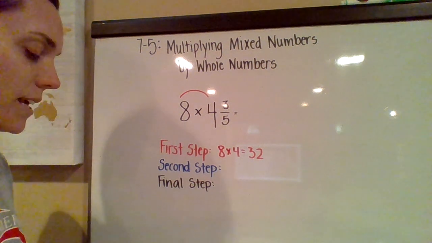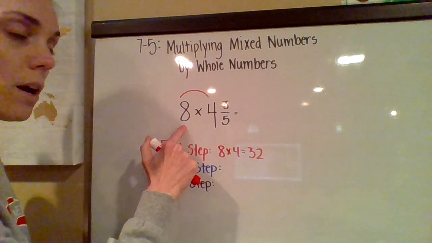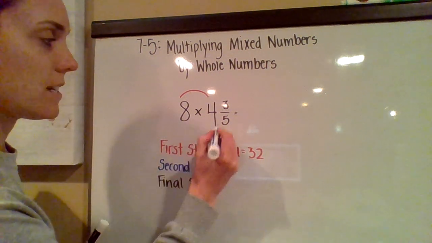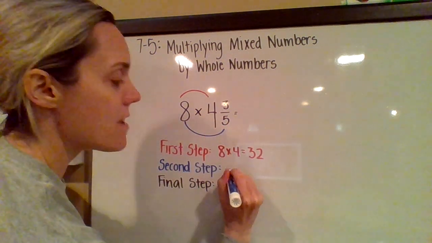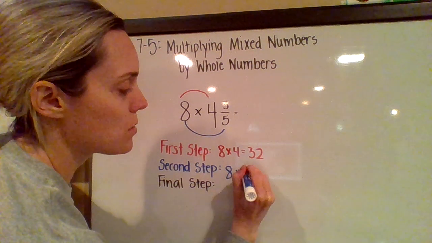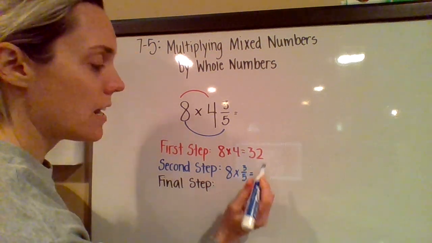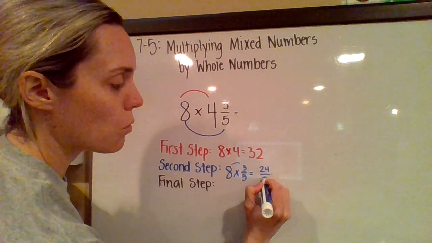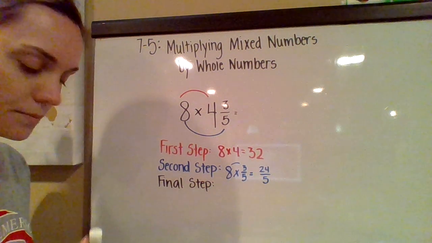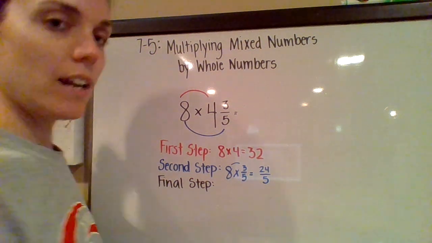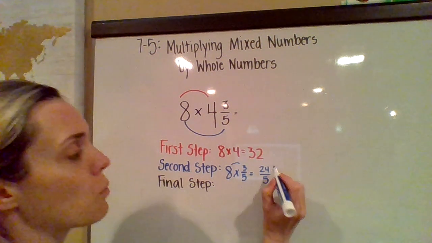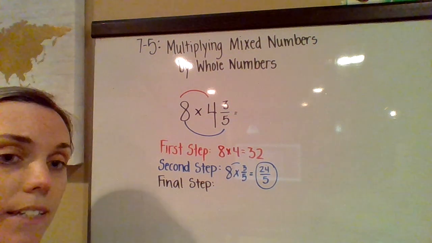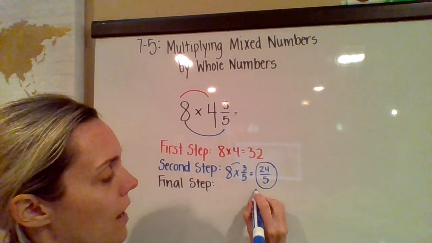Now, my second step is I'm going to take my whole number and multiply it by just the fraction. So first I did 8 times 4, and now I'm going to be doing 8 times 3/5. Now I know 8 times 3 is 24, so this is 24/5. Okay, then I say to myself, 24/5 is more than a whole. So I need to convert this. I know 5/5 is a whole,